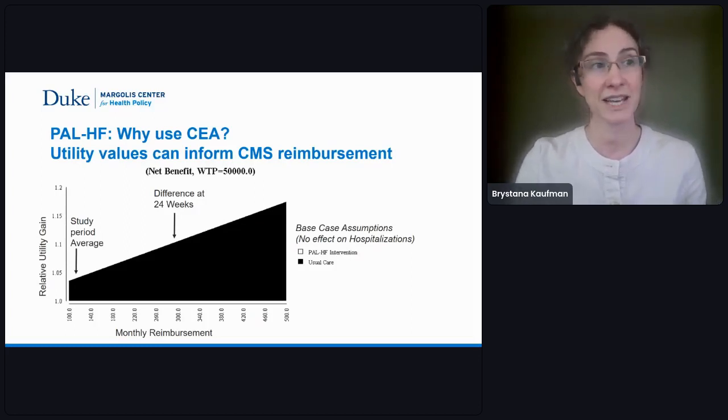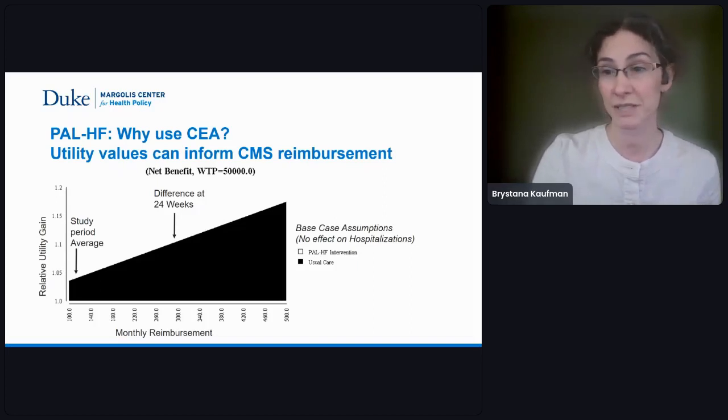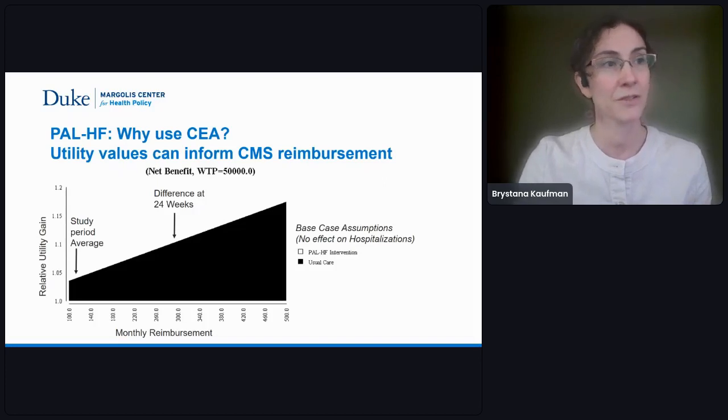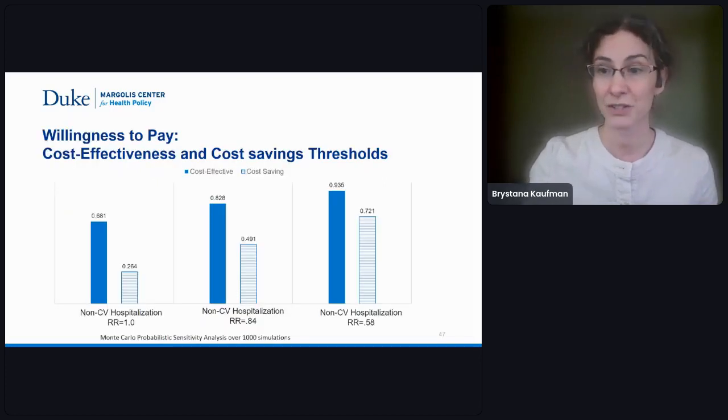And this is assuming that the intervention has no effect on hospitalization. So we didn't factor in any savings from prevented hospitalizations. This is just driven by the quality of life benefits from palliative care. Now, of course, in scenario analyses, we also looked at reductions in hospitalizations that were found in the trial, though